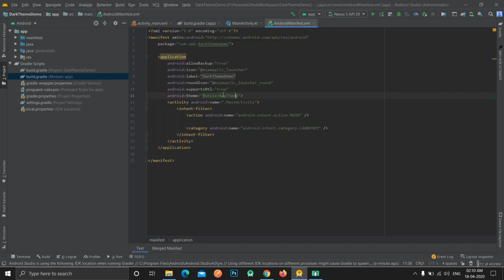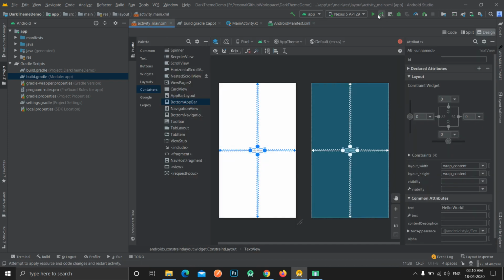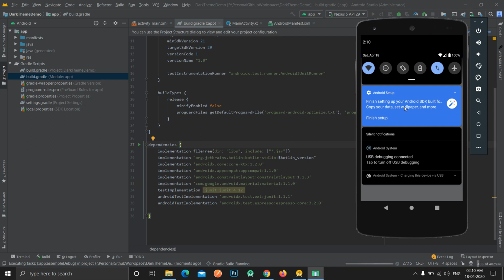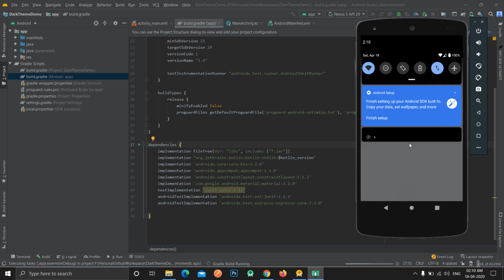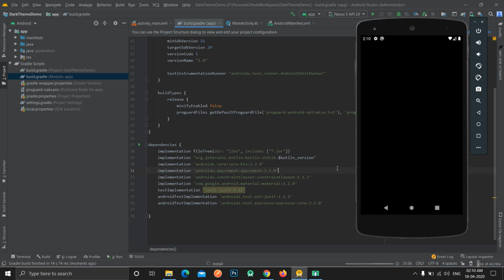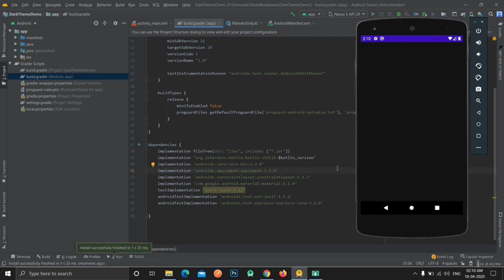Whenever we implement this, and we run our application on our emulator again, as we already have the dark theme enabled, we will still not get the expected results that we want in our application.